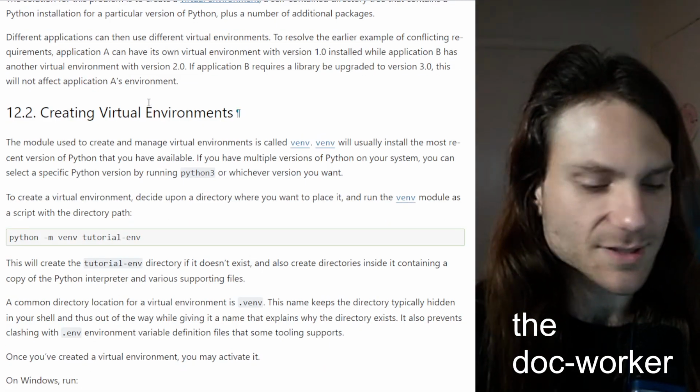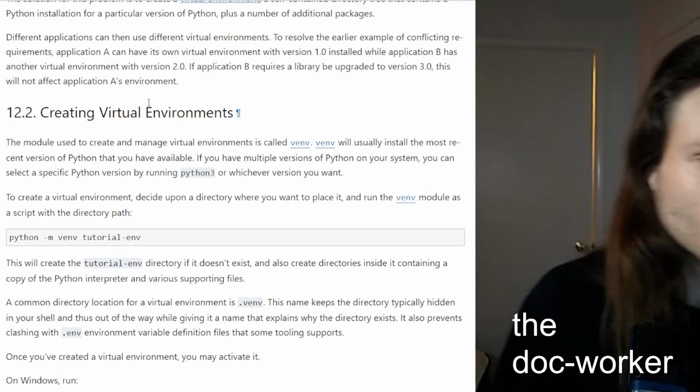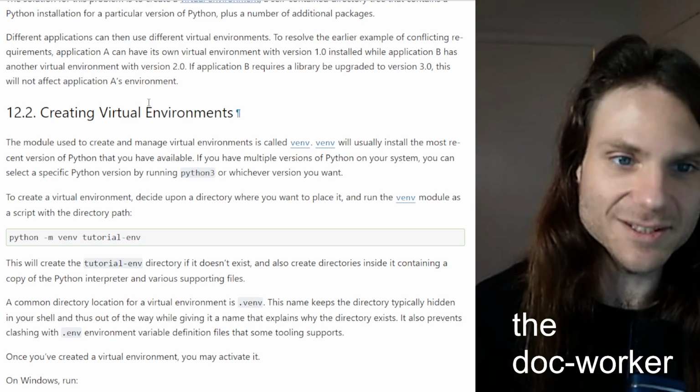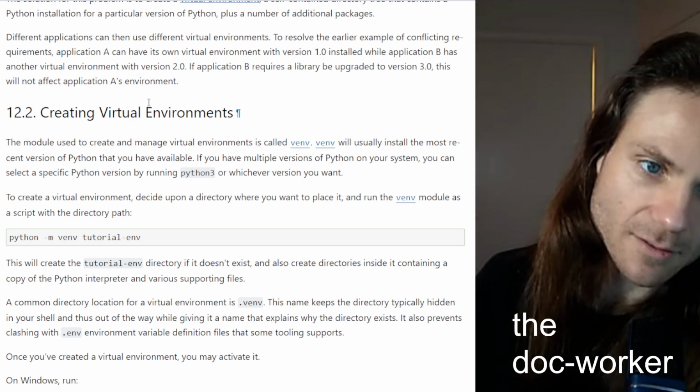Creating virtual environments. The module used to create and manage virtual environments is called venv. V-E-N-V, virtual